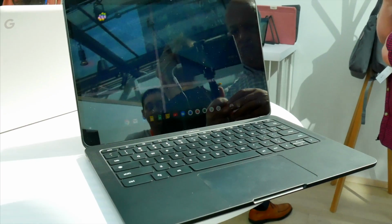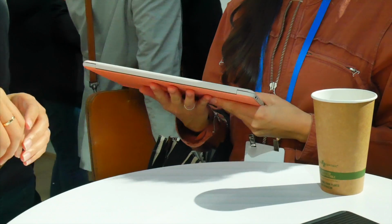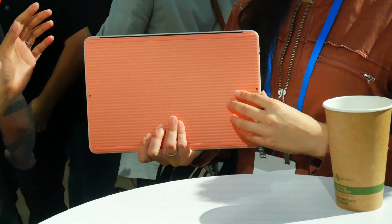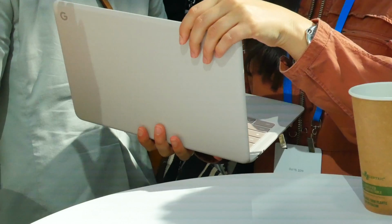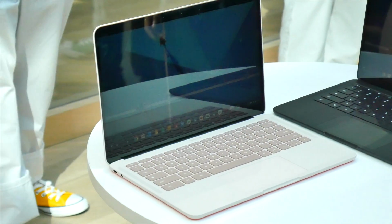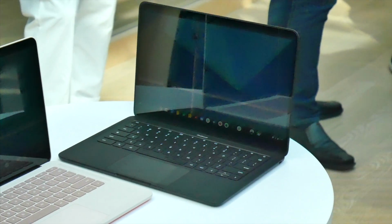Google also unveiled the new Pixelbook Go, their latest Chromebook. This little guy is 13 millimeters thin and weighs just 2 pounds, but you'll get 12 hours of battery life on a single charge, which is pretty impressive. It's got a bit of a redesign with some new color options and a textured underside for easy handling. Obviously, it is still a Chrome OS device, so not a full-featured laptop, but for a $649 starting price, it's